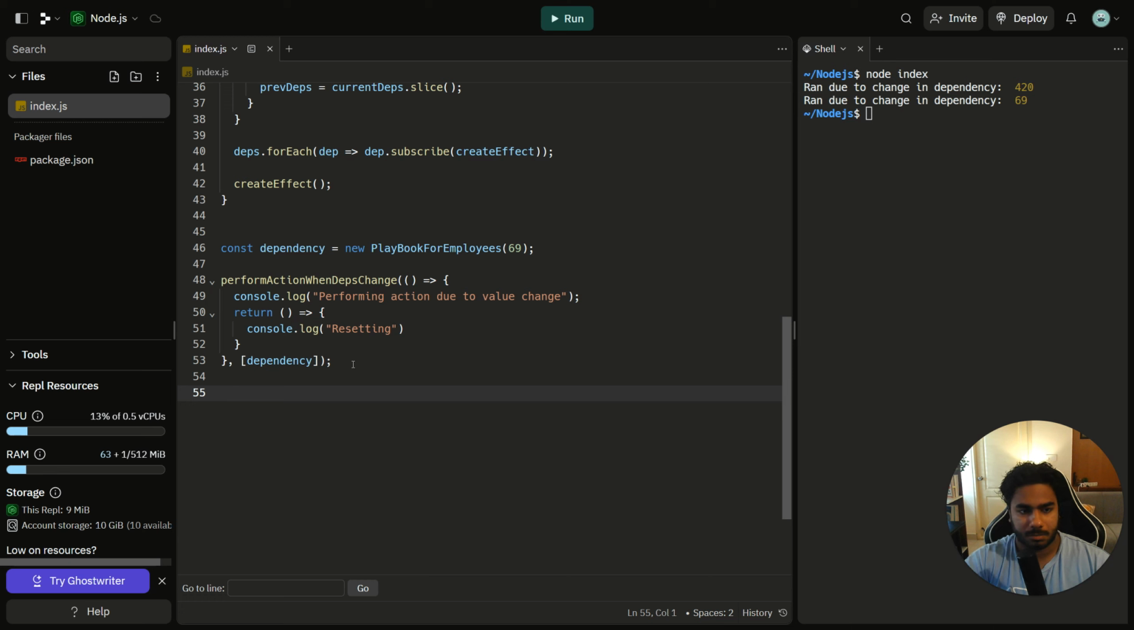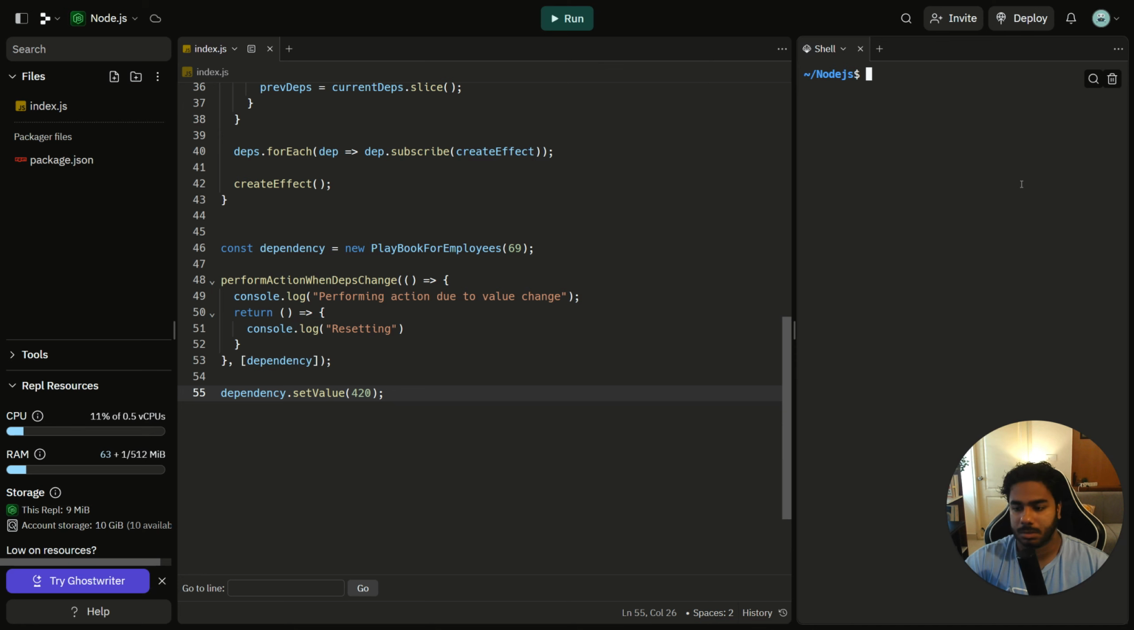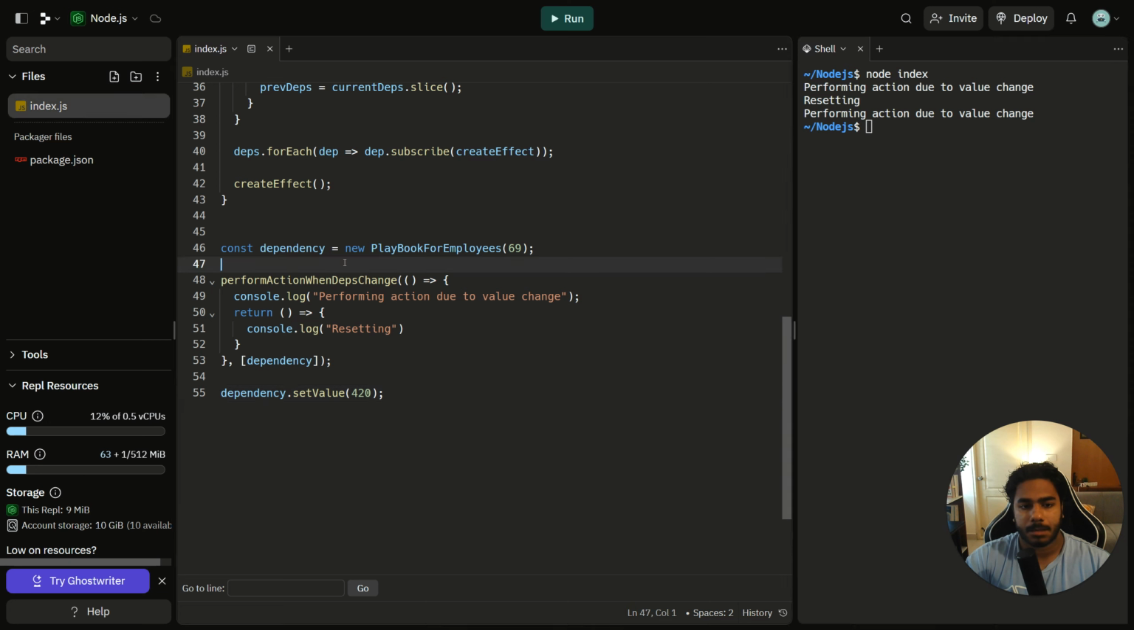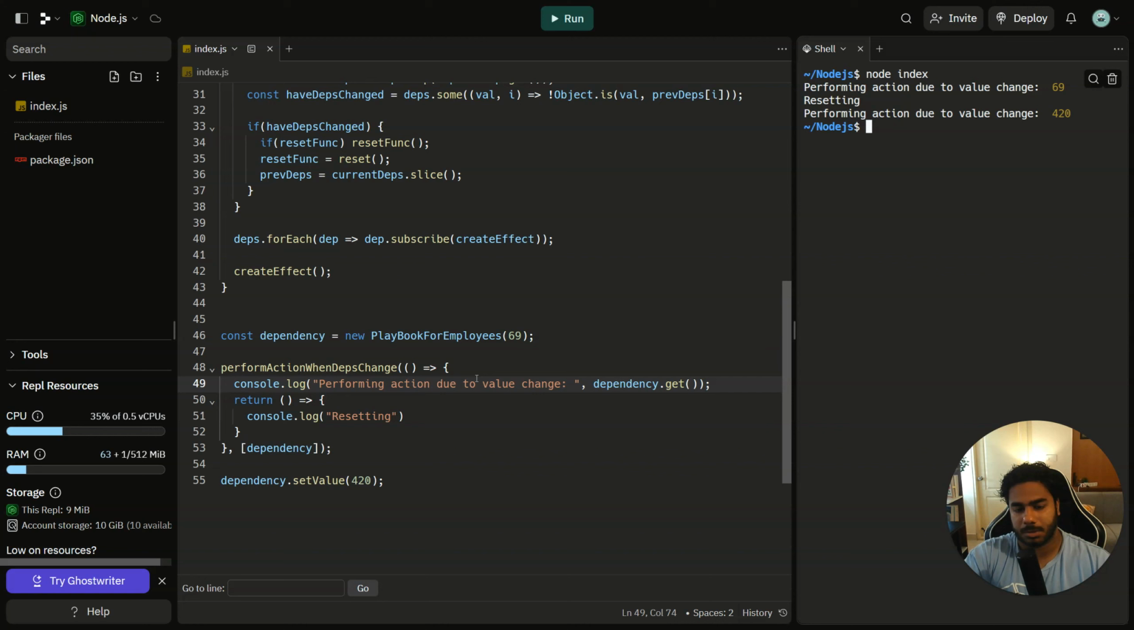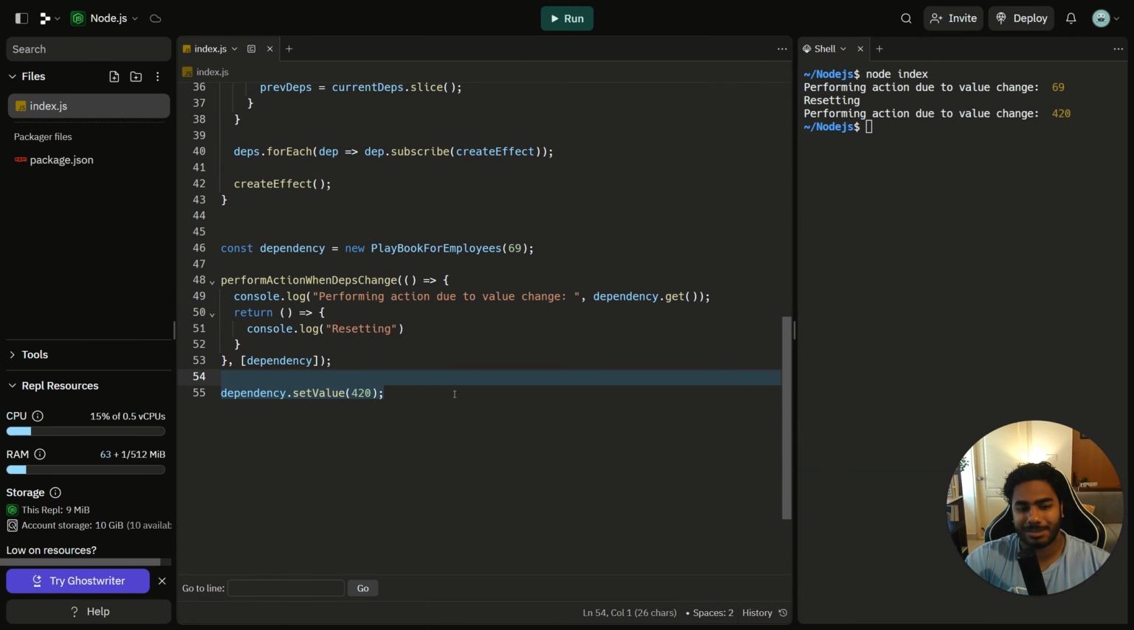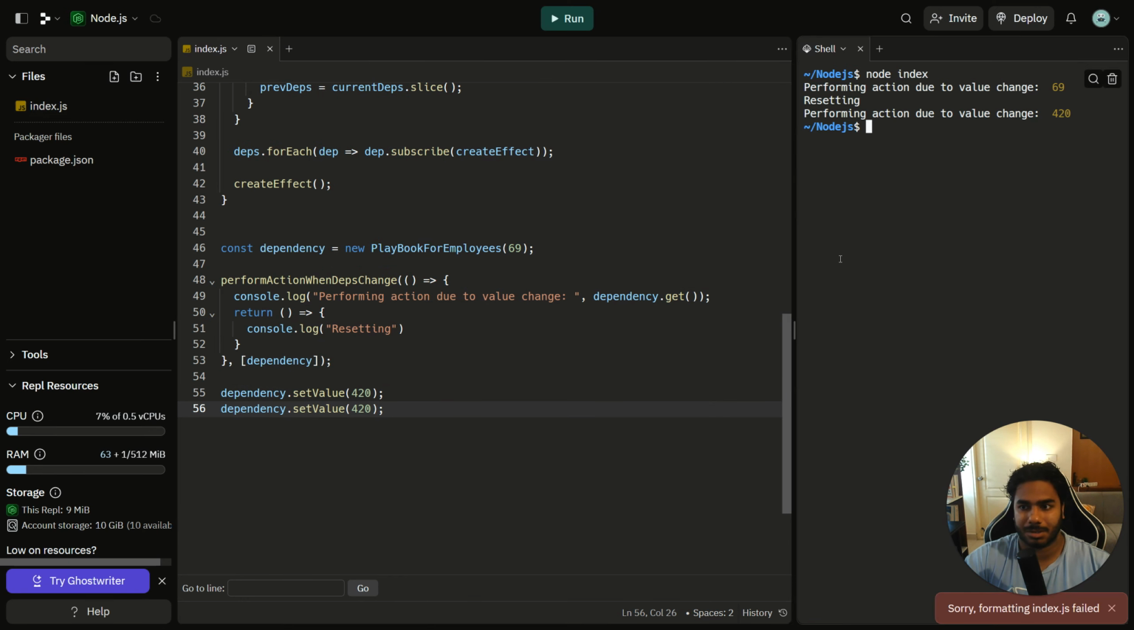And then every time we do this, dependency.setValue, let's say we set it to 420. Let's try running this just to make sure everything is working fine, or if there's any mistake as such. Okay, cool. I think we got the initial value. So everything should be good. Let's do this. Yep. So as you can see, this is the first initialization, and when we change it to 420, it's executing it again. And then let's set it to 420 again and see if it executes again. Since it's the same value,